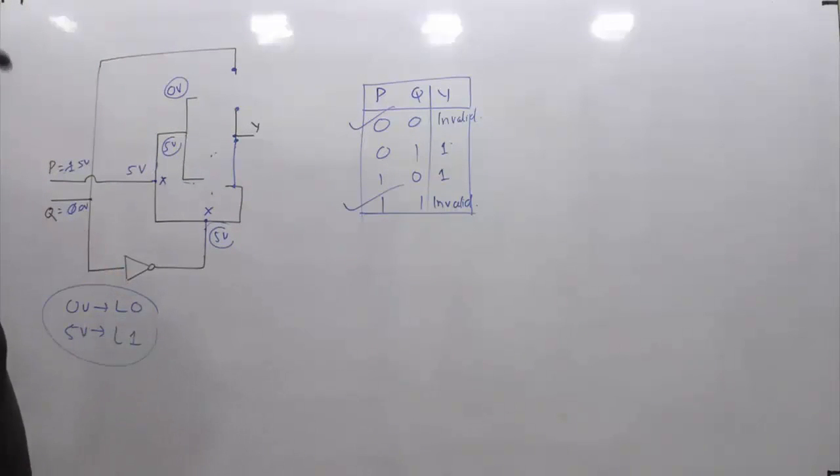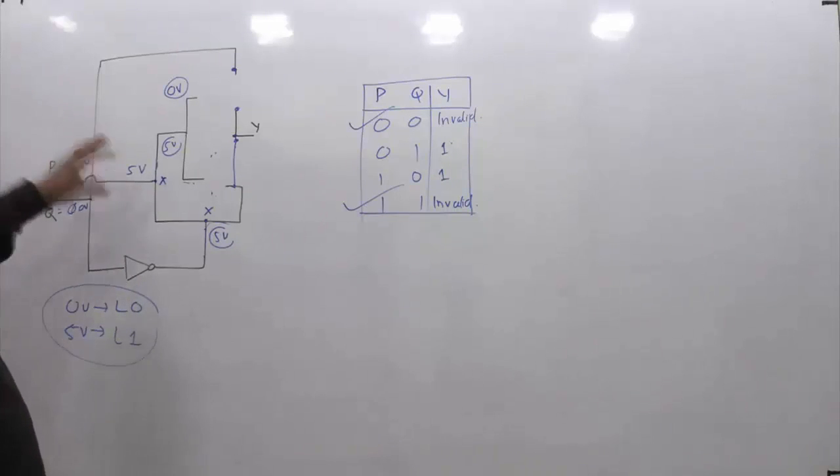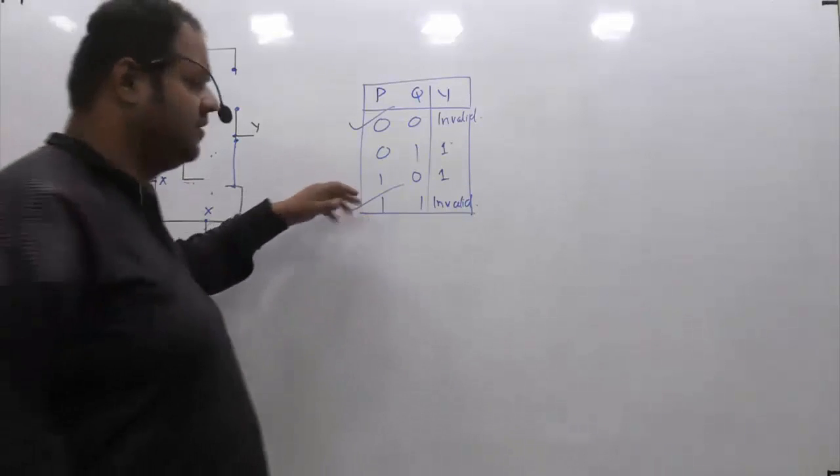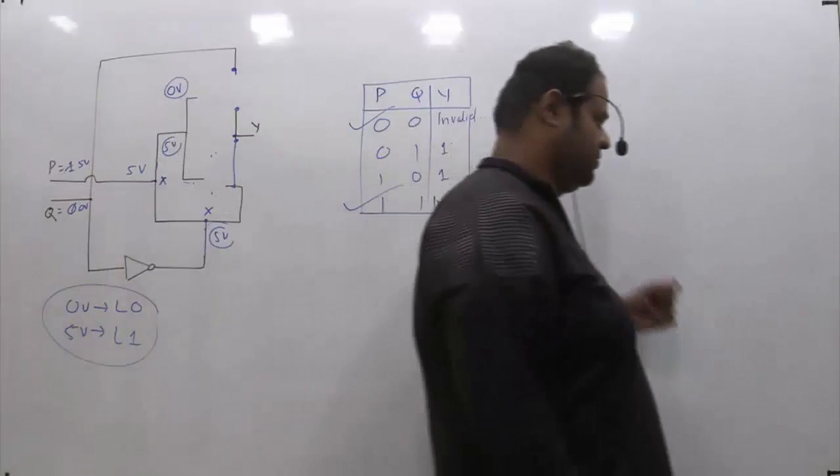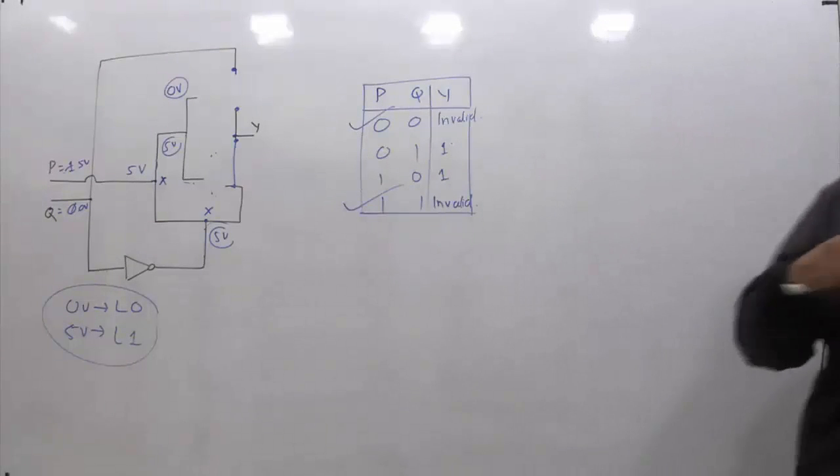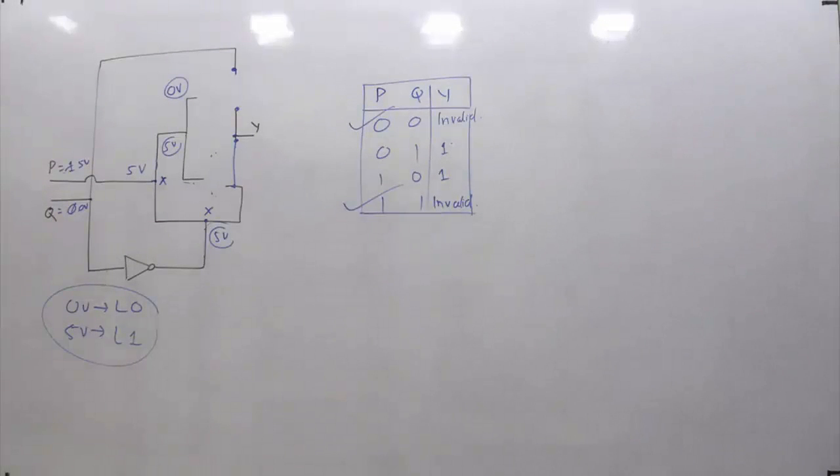Strictly speaking, it's a wrong question. But if it had been asked differently, for when the inputs are not the same, like these cases, what are the corresponding outputs? In that case we could have said the answer would be logic 1, logic 1. But in general, for all input combinations, this circuit is not valid. So no answer is correct in this case.